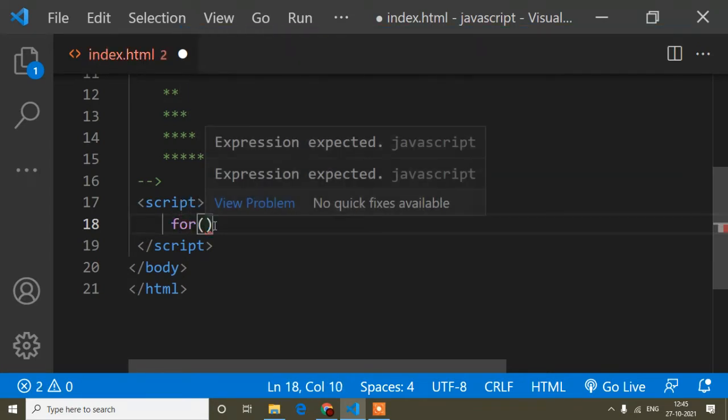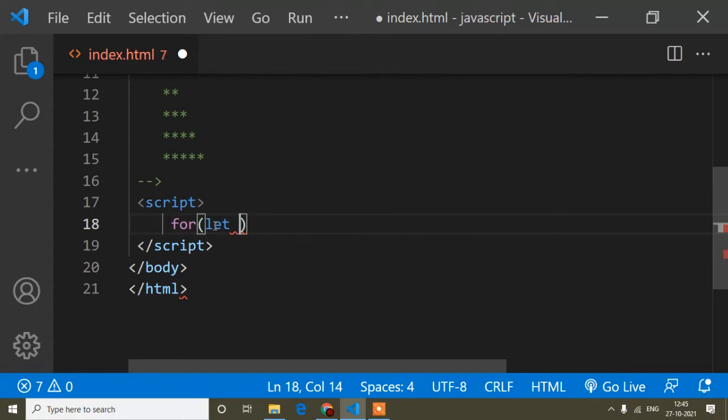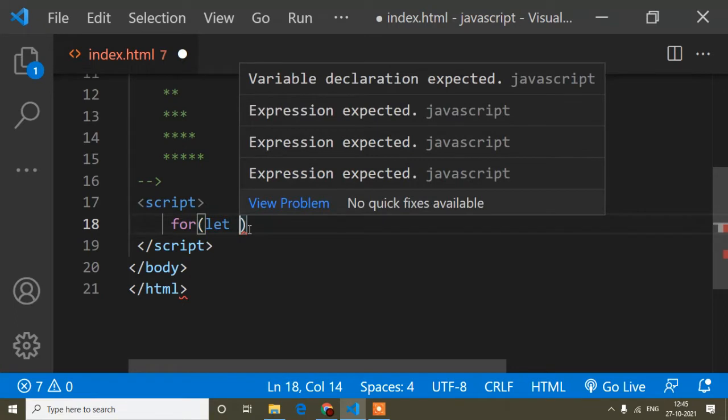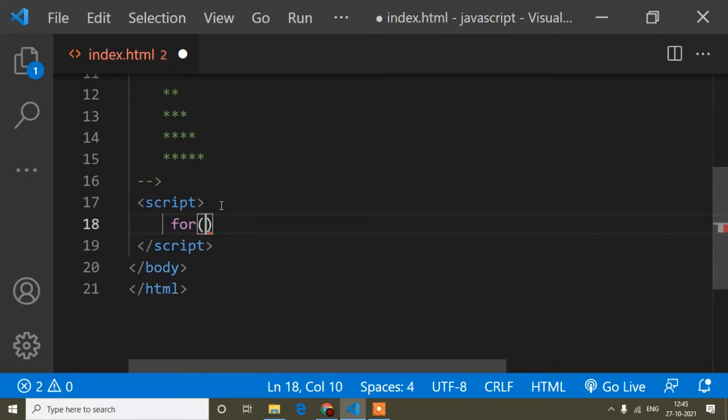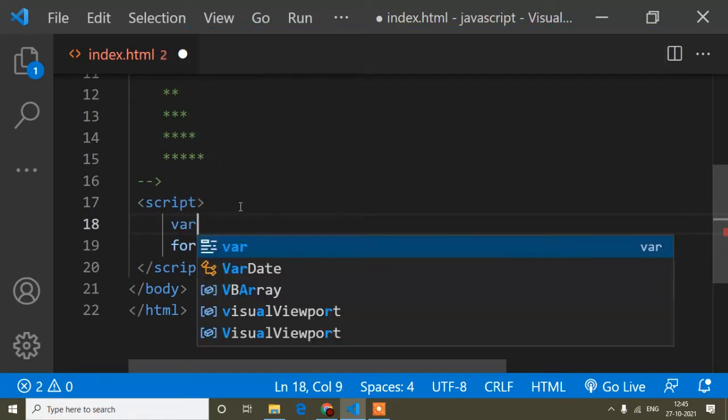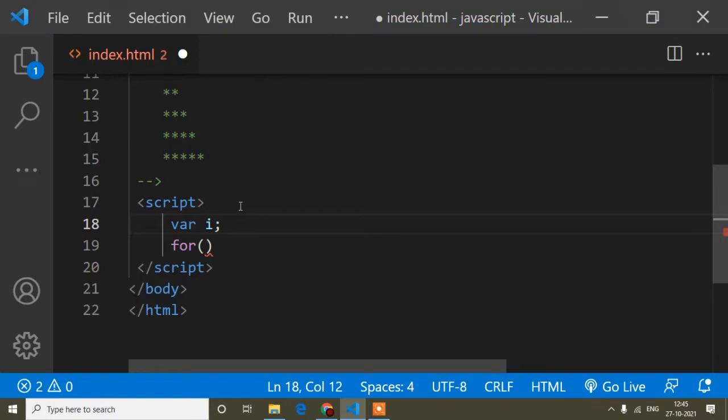For the keyword, you can use any keyword here: let, var, const. But I will suggest using let. Why am I using let? Because I will write a variable. Instead of let you can define the variable with var also, like var i.